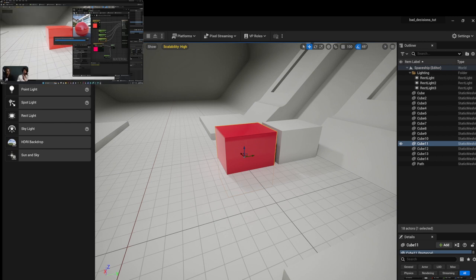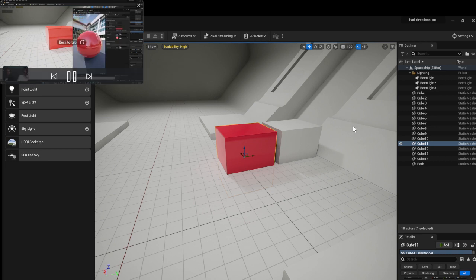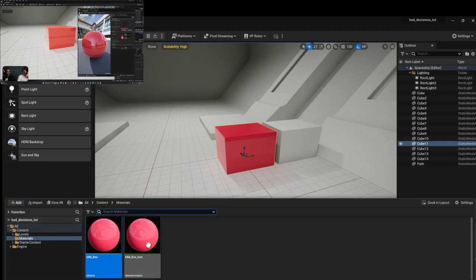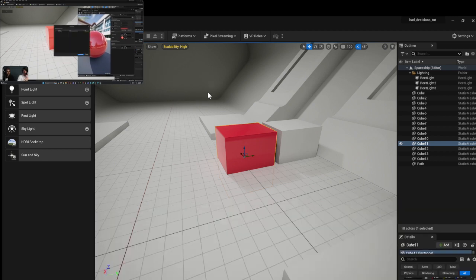And save. Nothing's changed. But if we go back to our material instances, now you see all the values. And check this bad boy out. So we're going to save, make sure everything's safe. Save at the bottom right, so in case we crash. We are going to check these guys just to say, okay, we want to